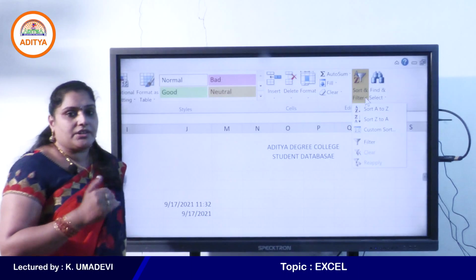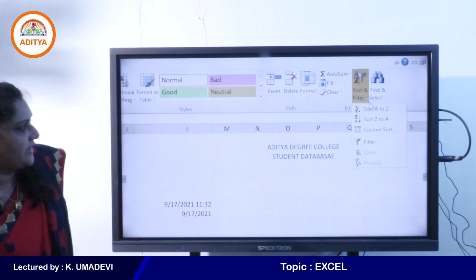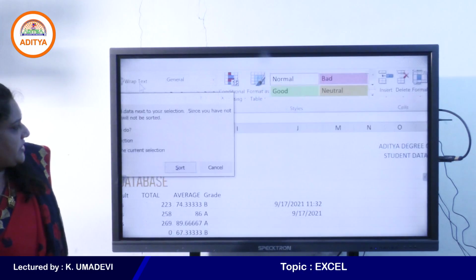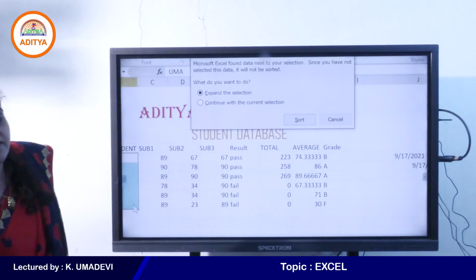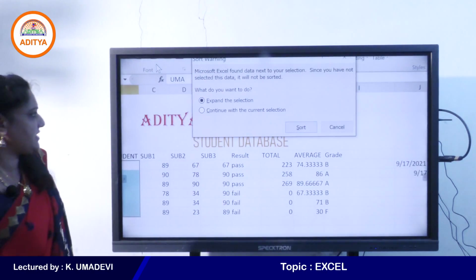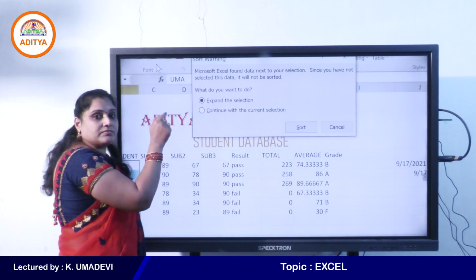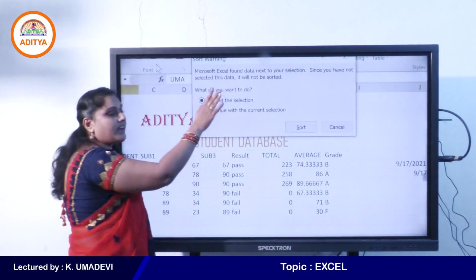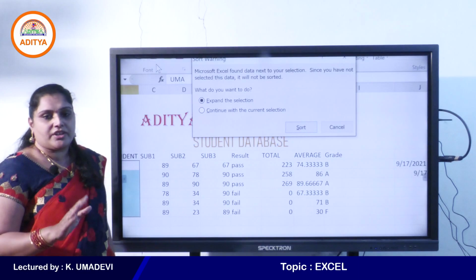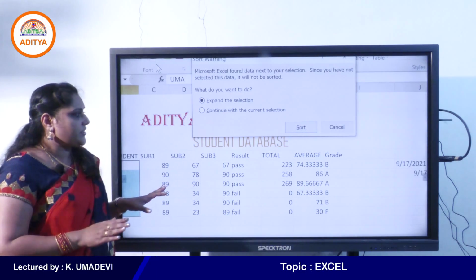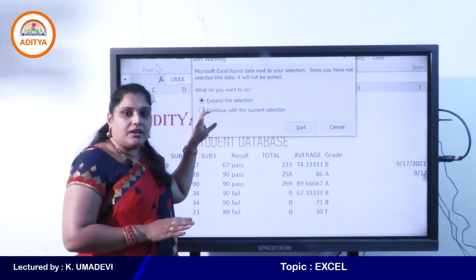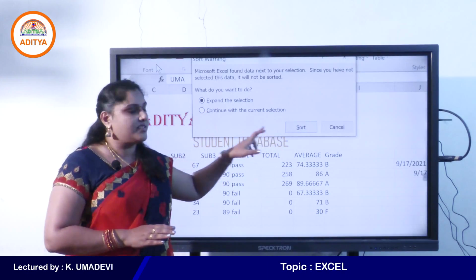For example, if you want to sort the data from A to Z, you'll get this dialog box, which asks whether you want to expand the selection or continue with the current selection. If you want to continue with the current selection, simply select that option and click on sort.